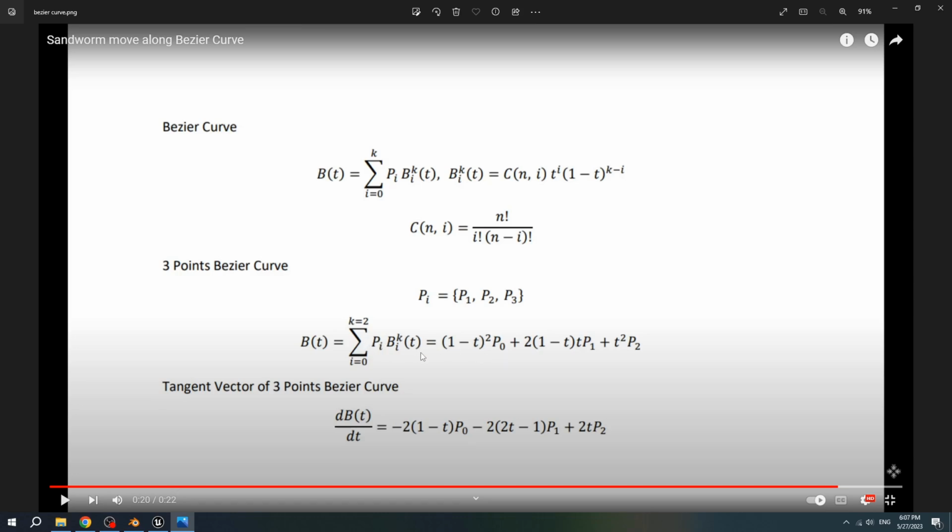For this equation with 3 points, we have these 3 points, and this is the tangent of the vector. We use this tangent to find the rotation of our sandworm.